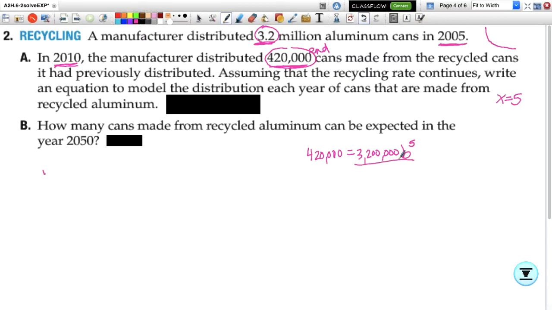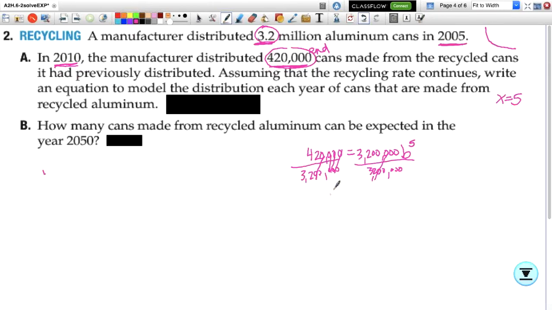I'm going to divide by 3,200,000. Cancels. Divide by 3,200,000. Luckily, I can cross off 1, 2, 3, 4 of the zeros, and I'm left with 42 over 320, which still is, it's going to be a pretty small decimal. That is not my growth rate, right? So I'm going to do, let's clear this out, 420 divided by 32. I get,